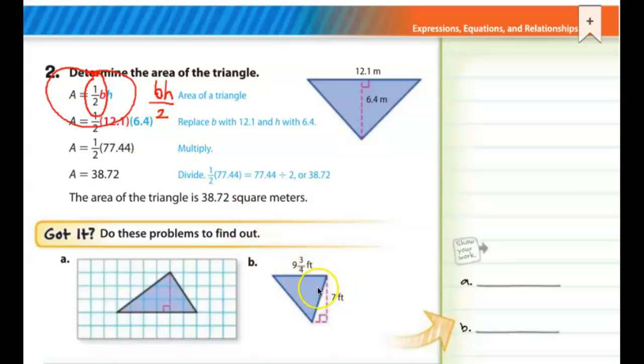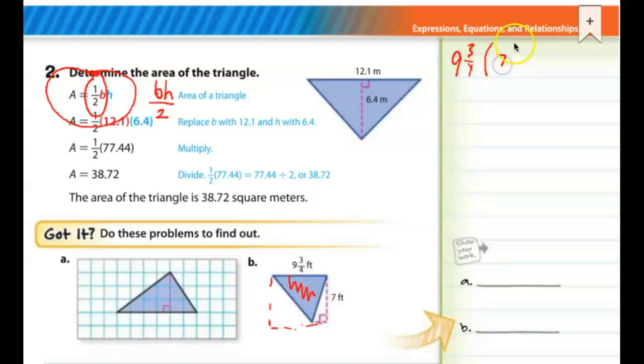So the first thing we're going to do is the base times height part. We're going to find the area of the parallelogram, and then we're going to divide it by 2 to find the area of just the triangle. So here's our imaginary parallelogram, and we're going to find that, but then divide it by 2. Or actually, we're going to multiply it by 1/2, same thing. So let's do the base times height. So we have 9 3/4